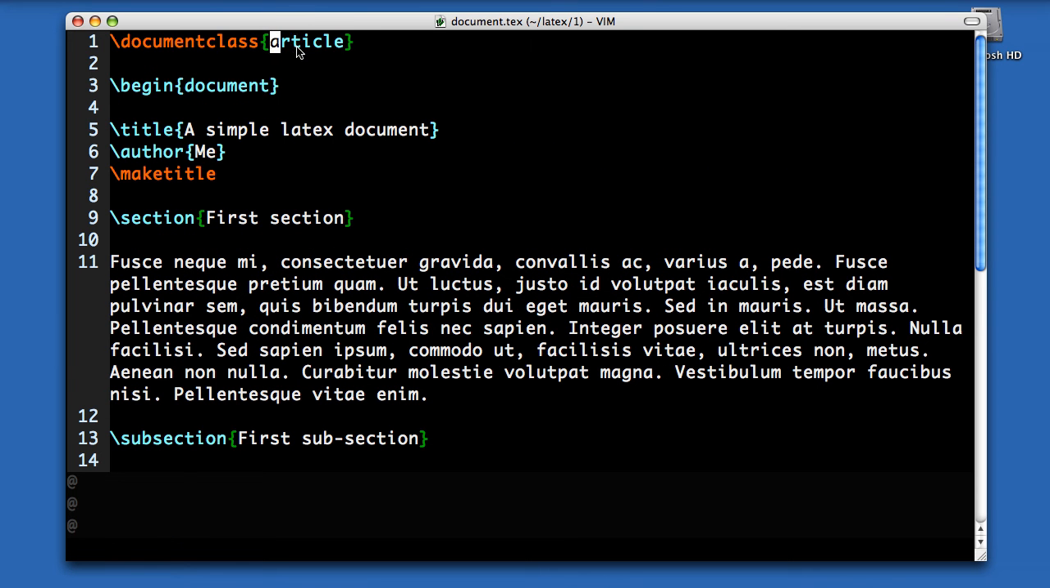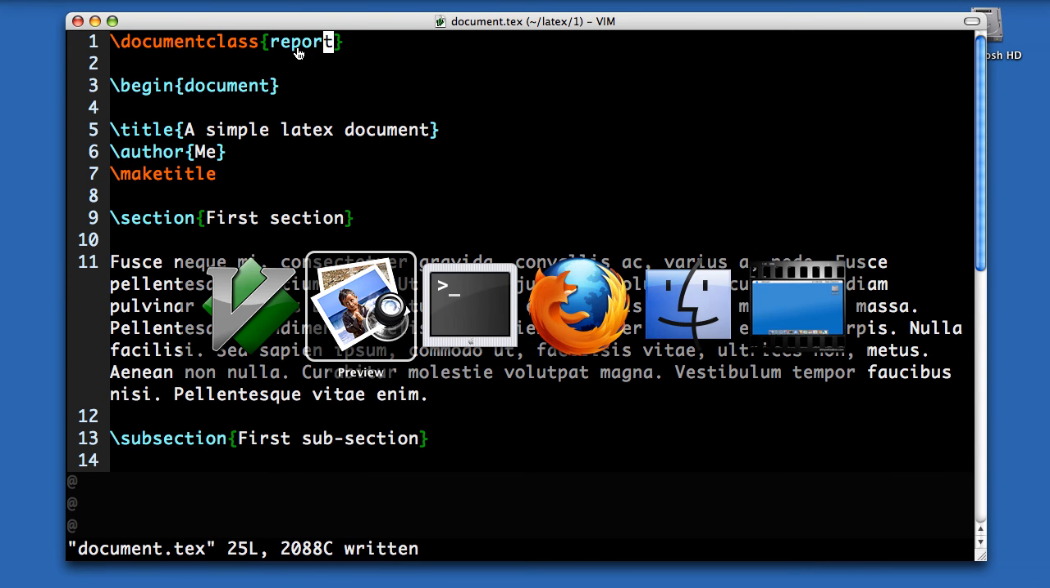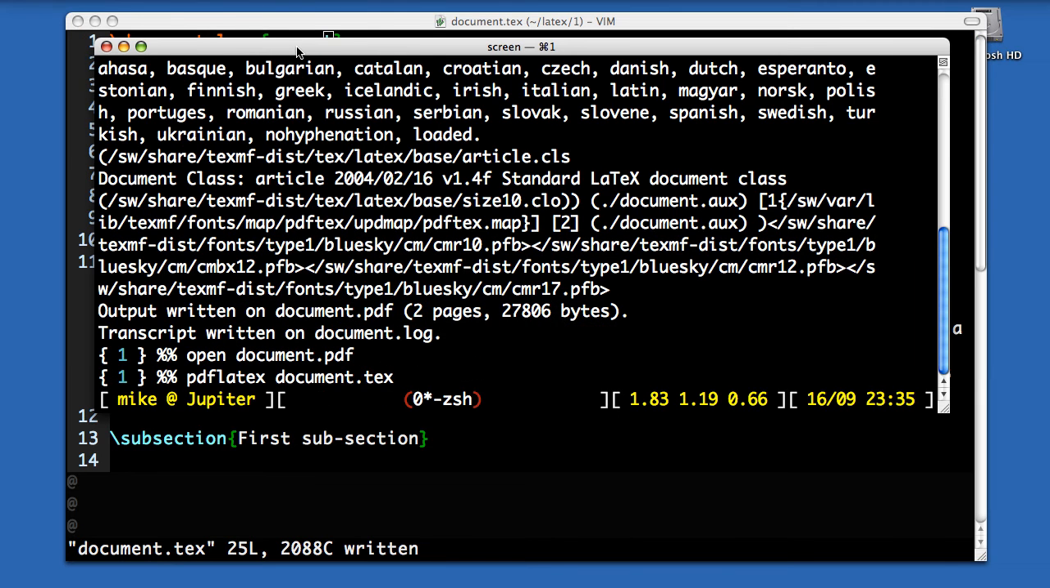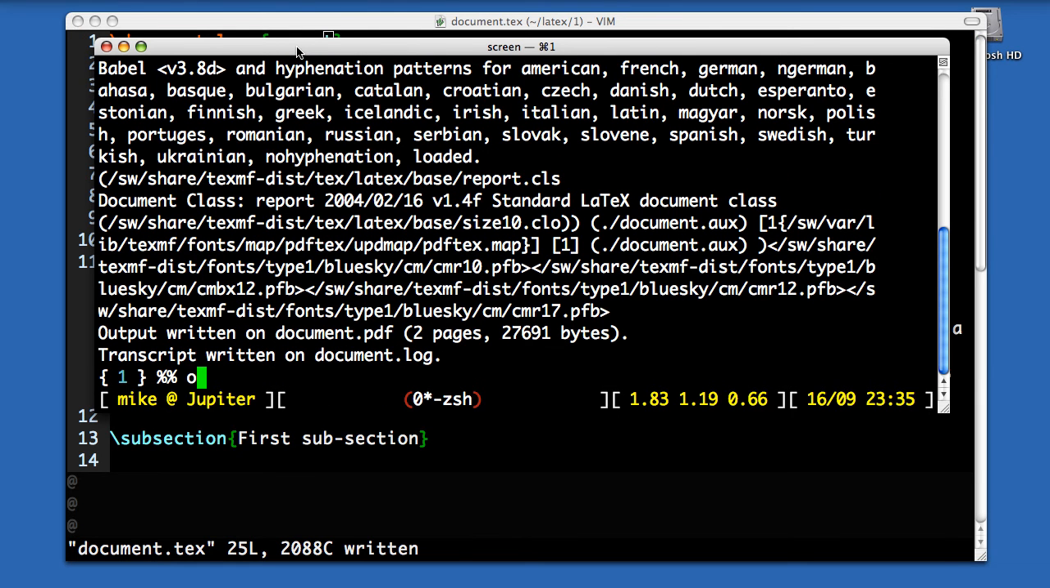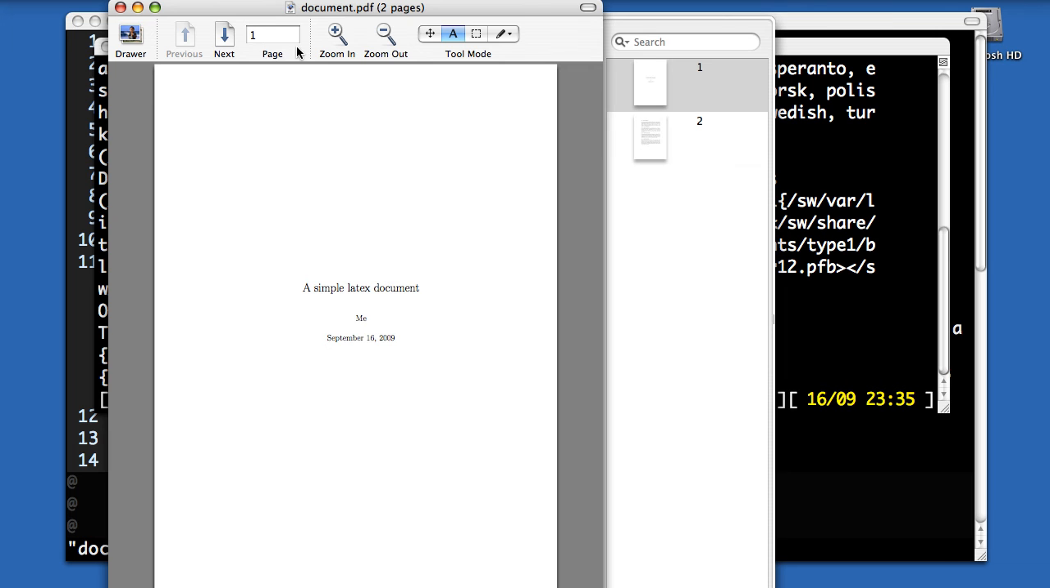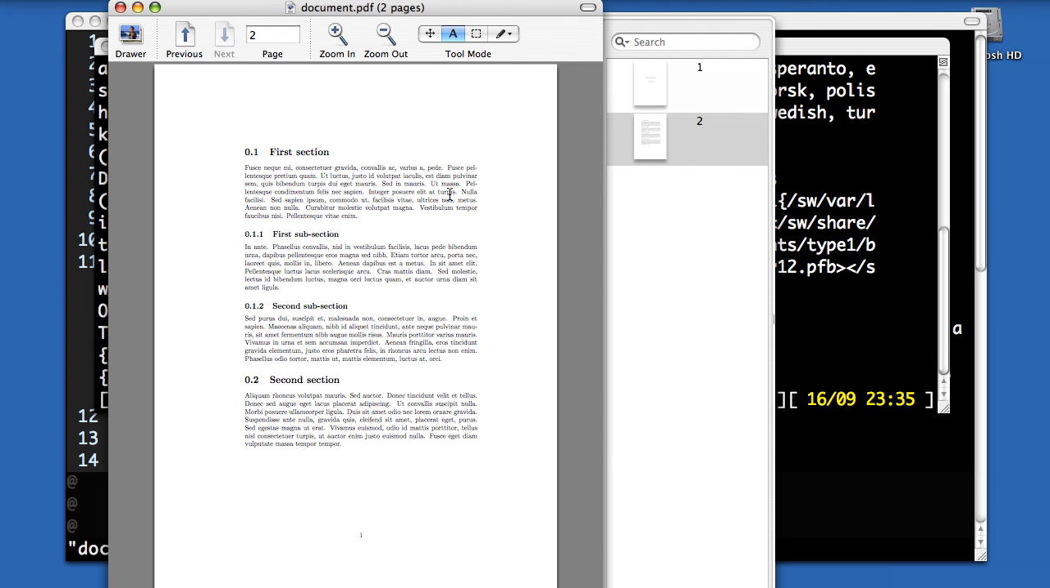I can change that type to a report to give an example of a different LaTeX document class. I'll just run that again, open that. And now you can see I've changed that to a report. The title has now been moved to the front page on its own, and the text begins on the second page. However, you can see here it begins with 0 instead of 1, and that's because in a